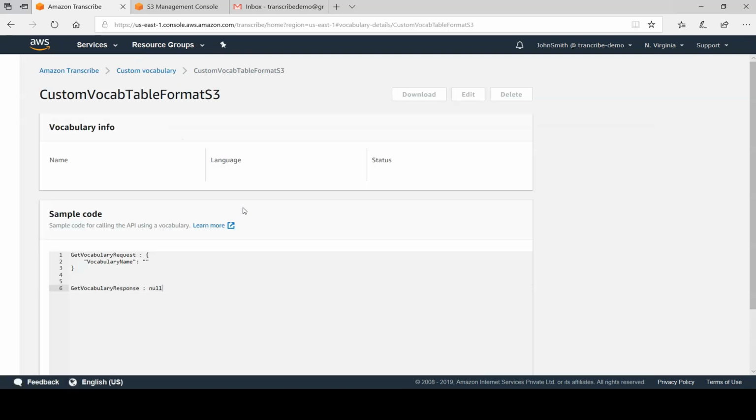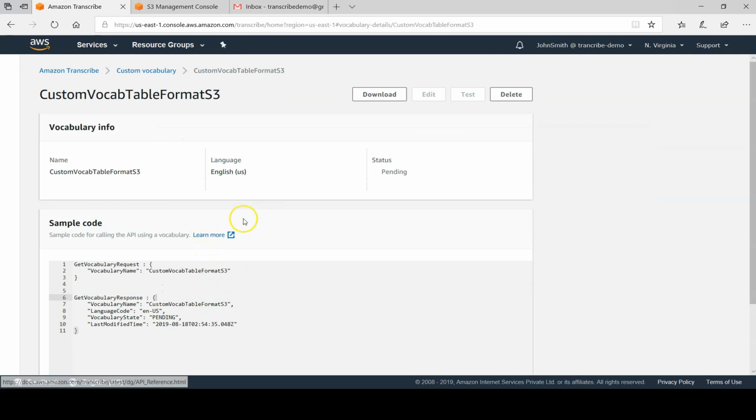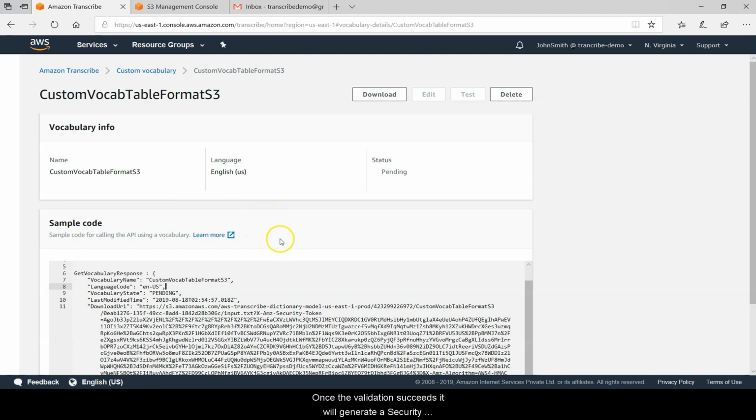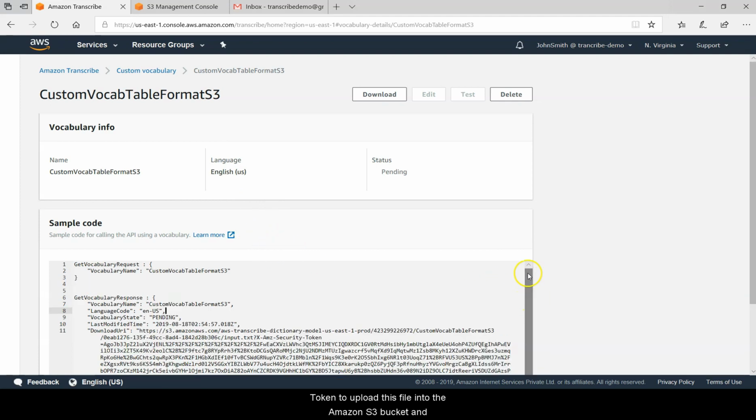We can click on it, and soon it will start uploading into the Amazon S3 bucket so that we can use it with our transcription job. Once the validation succeeds, it will generate a security token to upload this file into the Amazon S3 bucket, and the status will change to ready once the upload is complete.